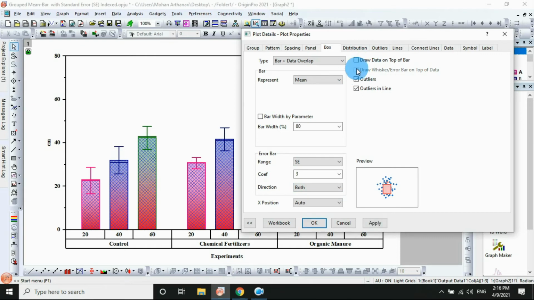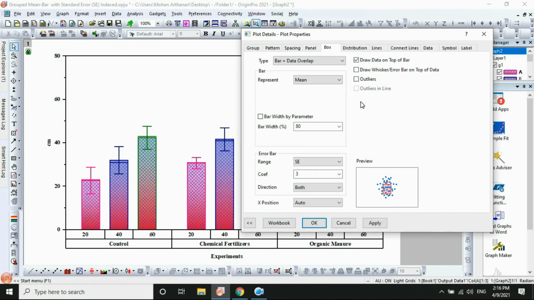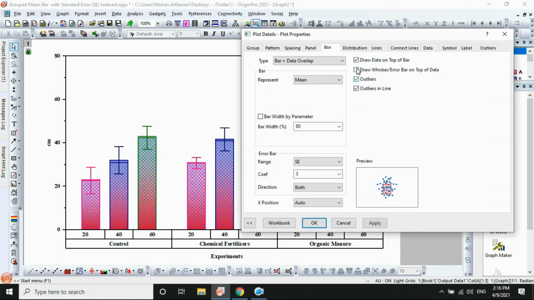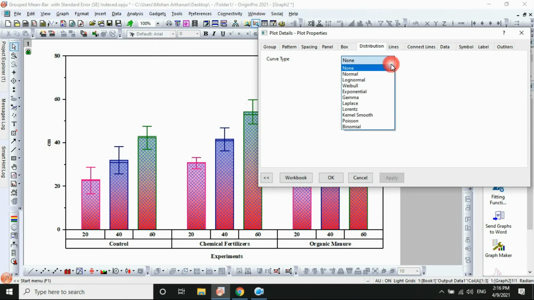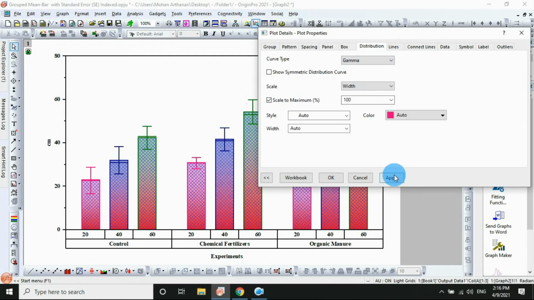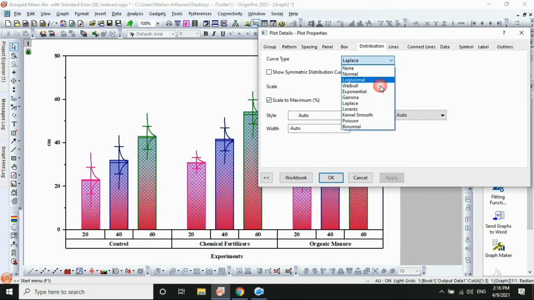The next one, the extra menu, the distribution. Next one, the size, different style for the gamma, see that one, with the center, maximum auto, any style available, but the distribution menu is none, so click the none.